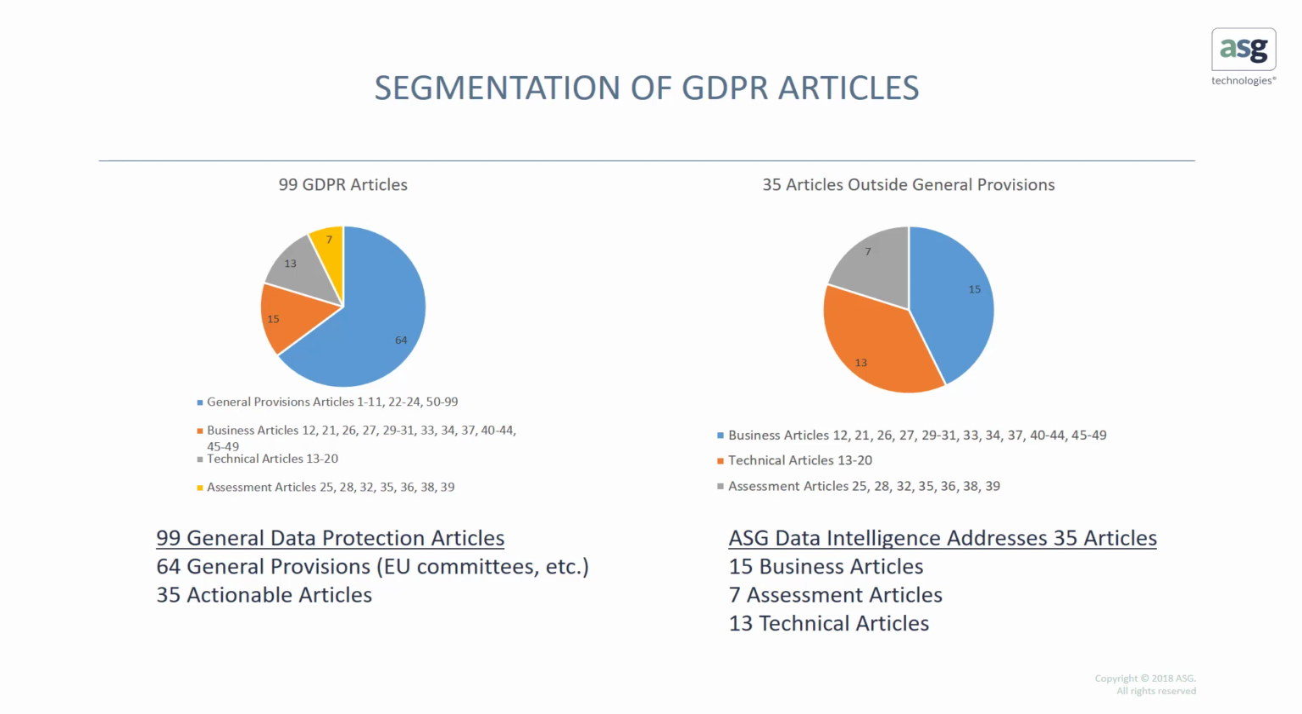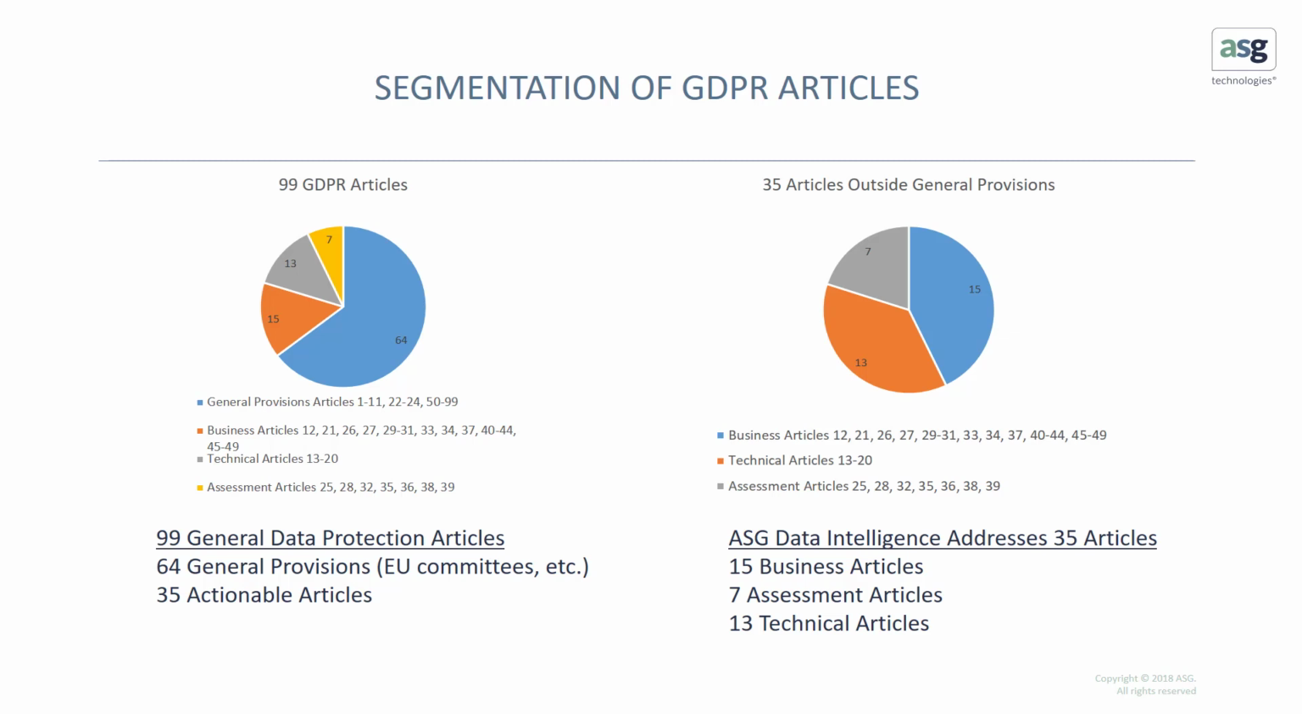The European Union's General Data Protection Regulation has 99 articles. 64 of those articles are general provisions. The remaining 35 actionable articles are articles that companies must act upon in order to be in compliance with the